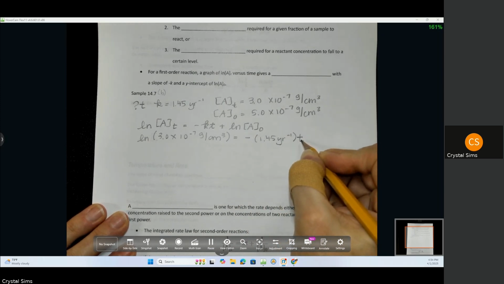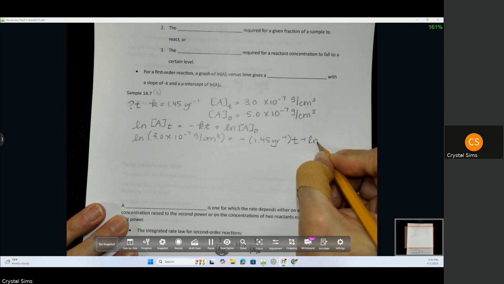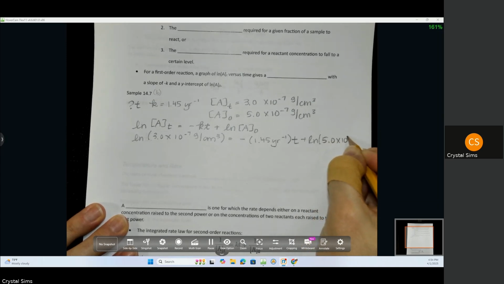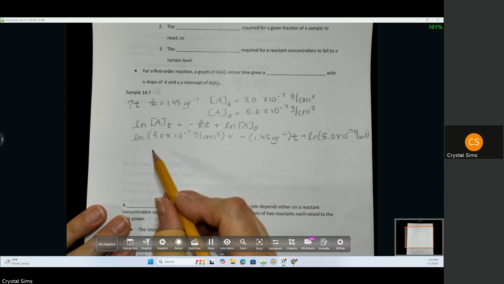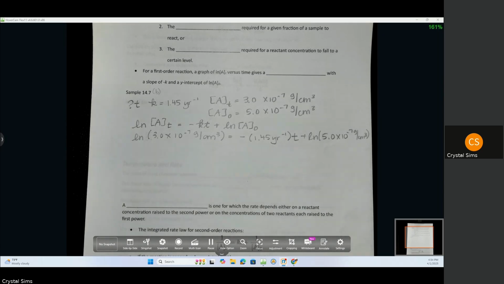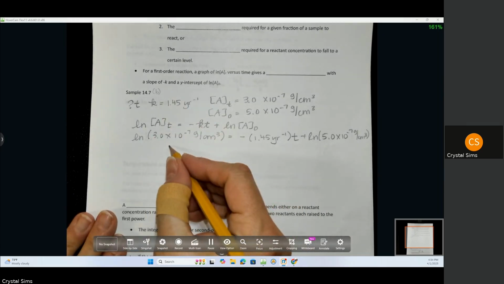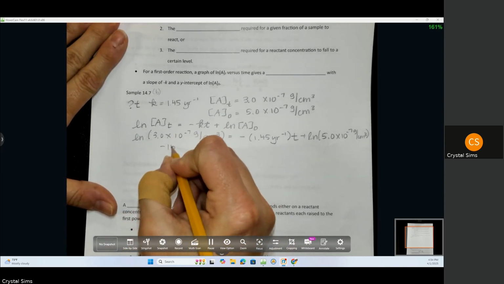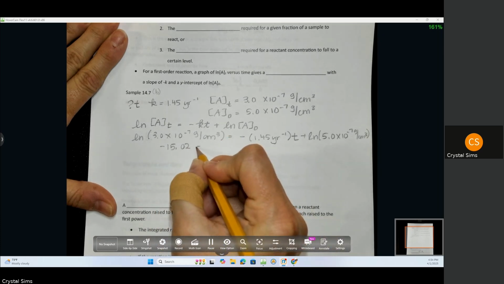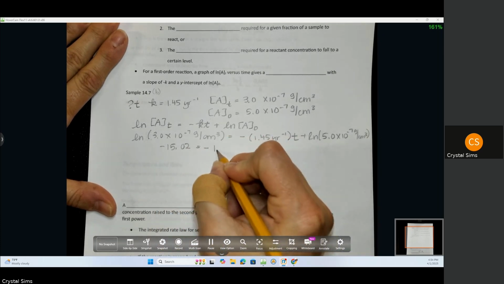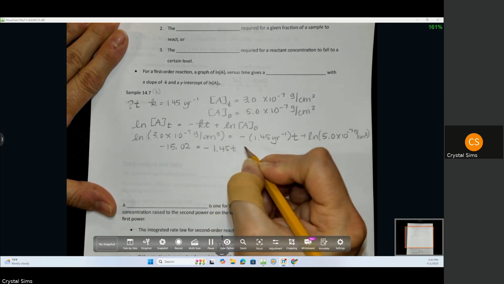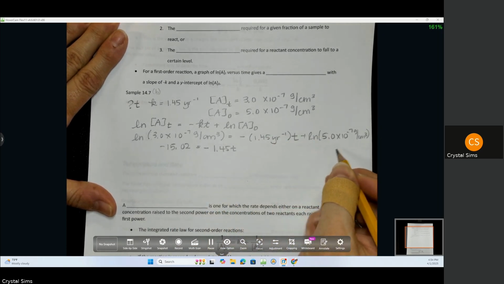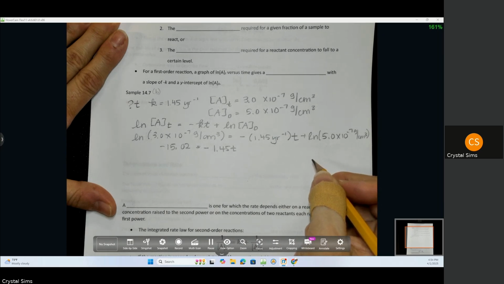I'm going to leave the T there because we're solving for T. The first thing, I'm going to take the natural log of the concentration that we're trying to reach, and that is negative 15.02. That equals negative 1.45 T. And then I'm going to do the natural log of 5.0 times 10 to the negative 7. And that equals